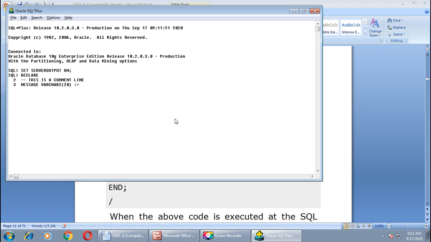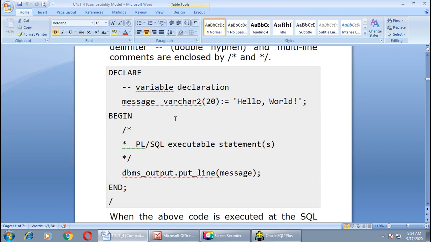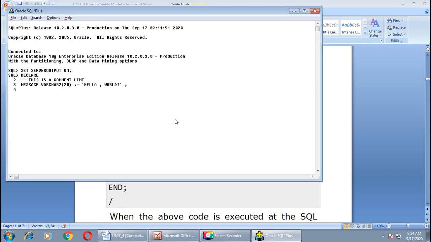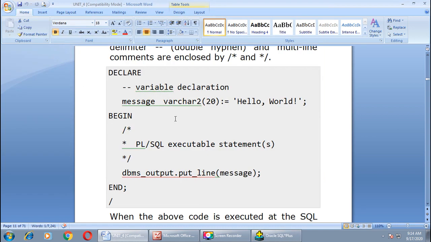We should always enclose our string in single quotation marks like this. Then you can write your message, hello world. Our string is over, and for the termination I will put a semicolon. Fine.